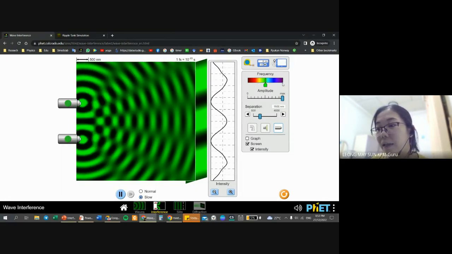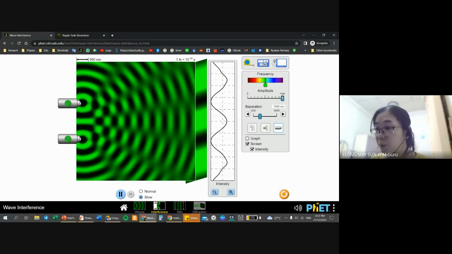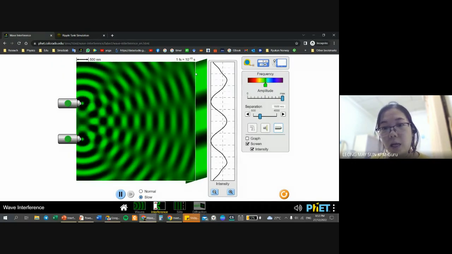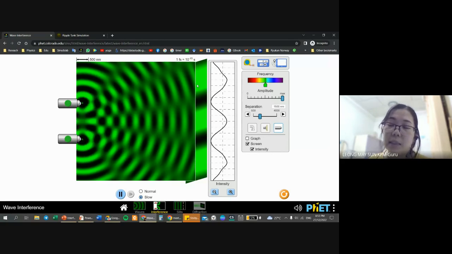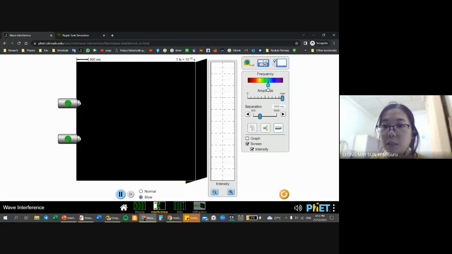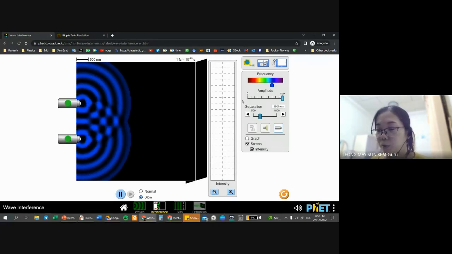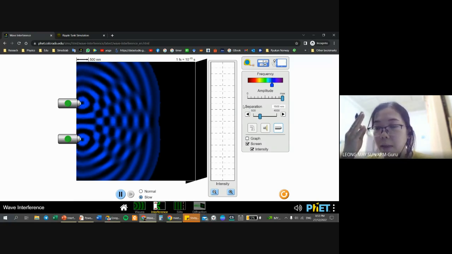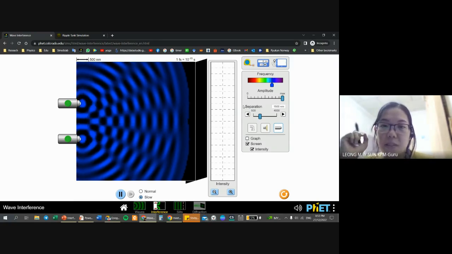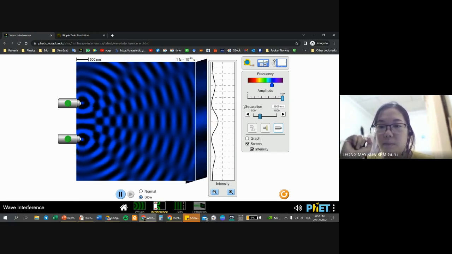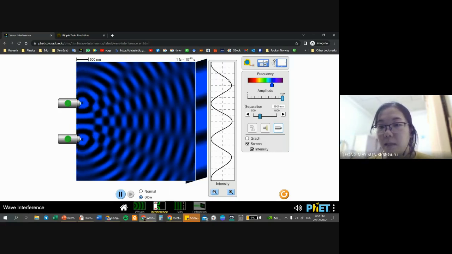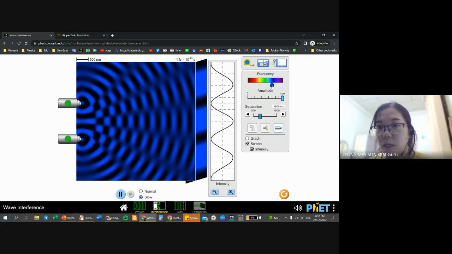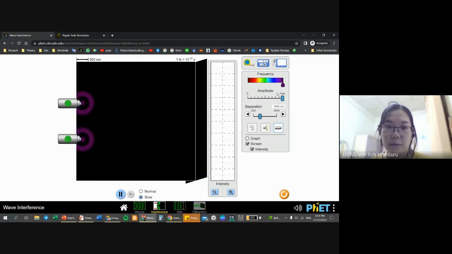So violet has higher frequency, shorter wavelength. So watch what happens when I increase the frequency. Here I can see 3 constructive interference or 3 antinodal lines. So when I increase the frequency to blue, all right, just now with green color, I can see 3 constructive interference. Right now, let's see how many constructive interference we can see on the same screen. I still see 3, all right? But look at whether the distance has changed or not. So I'm going to increase it some more until violet, until the very end.